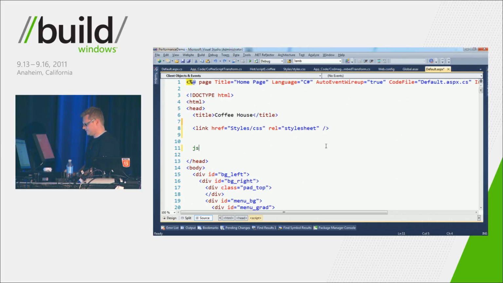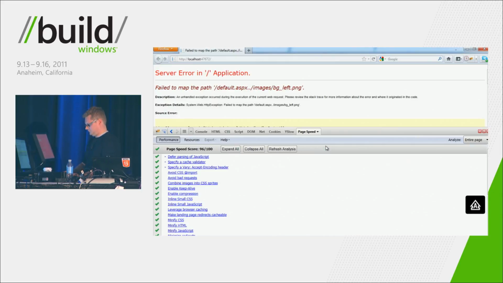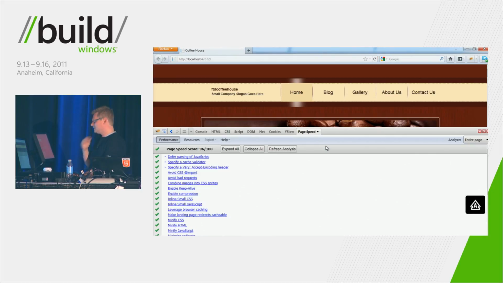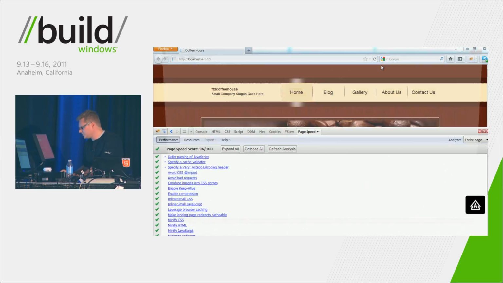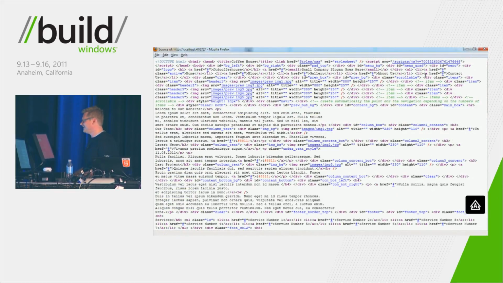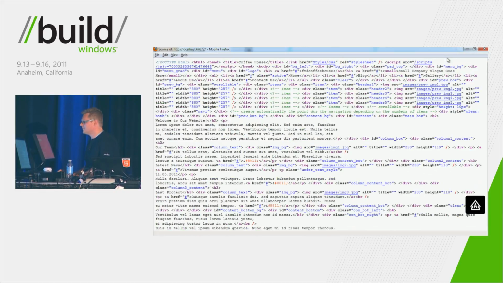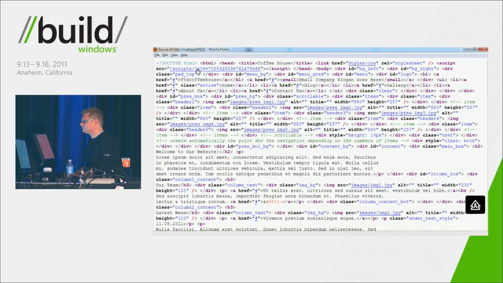Let's just do the JS. If we take a look at the source code, you can see here, let me just zoom in on it. Up here, you now see you have a